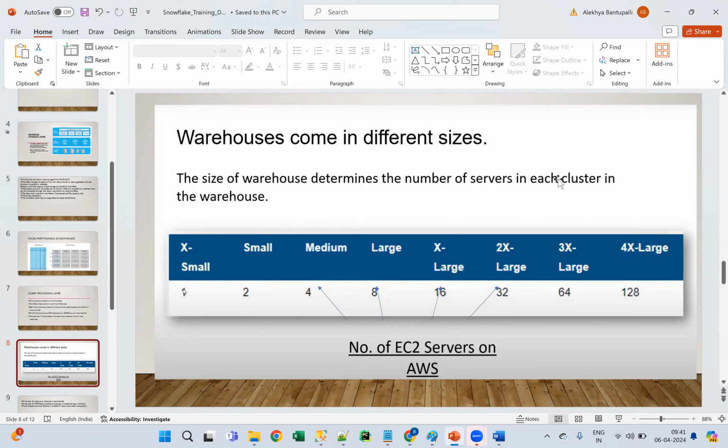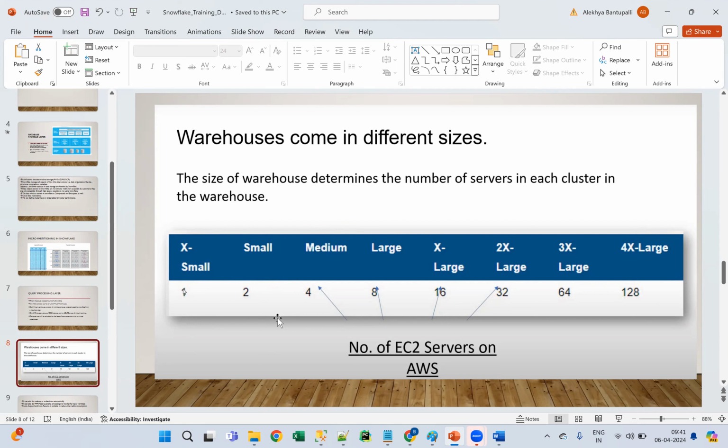If you have simple normal queries, we can run them using small size warehouses, guys. Whenever we want, we can increase the size of the warehouse to make your queries run much faster. If you want to reduce the size, we can reduce it as well.